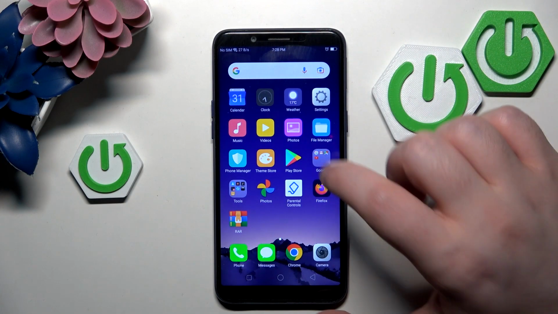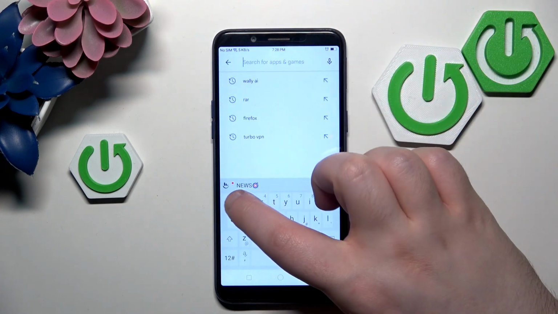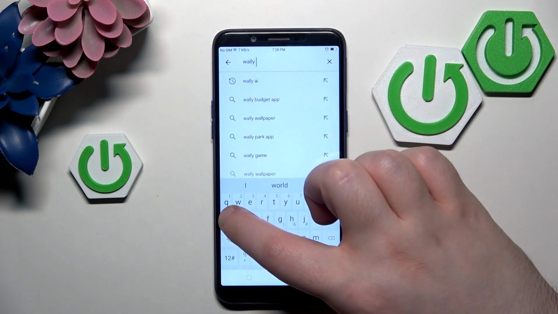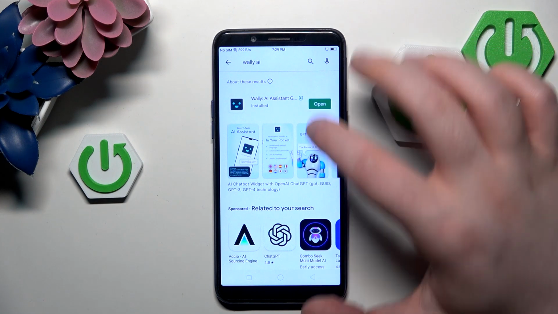So you have to start by opening your Google Play Store, then click on search bar and type in Wally AI and click search, and then click install. Now you can click open,